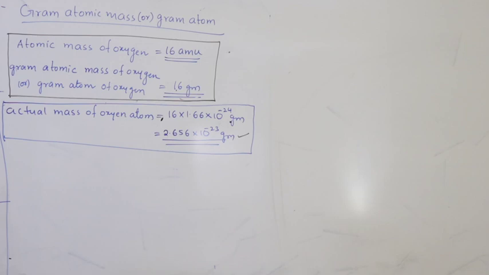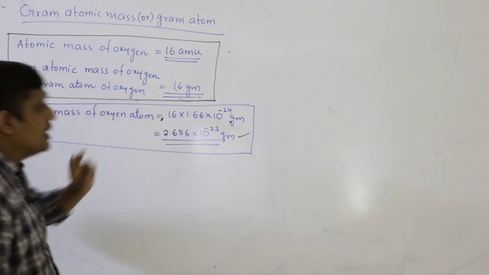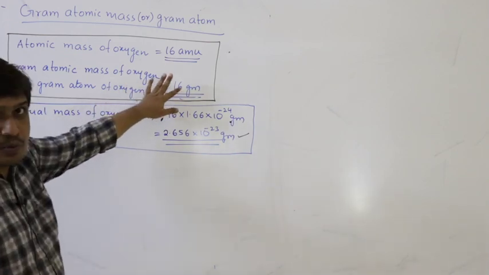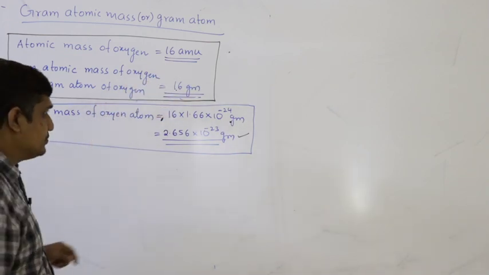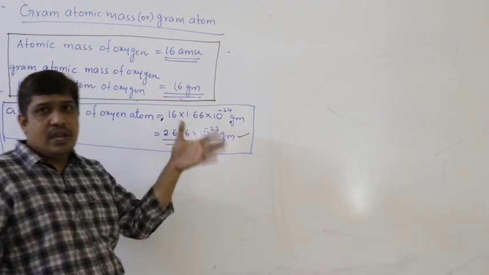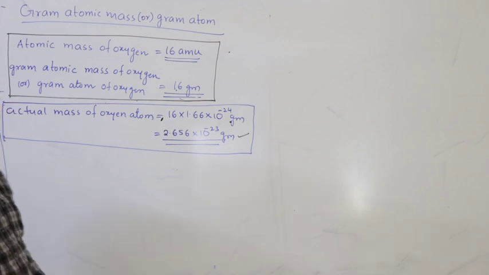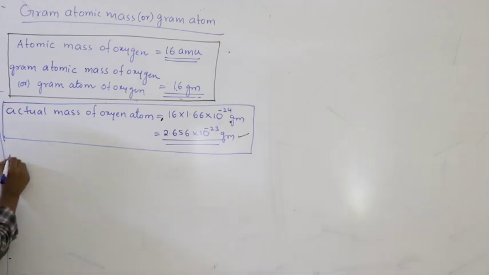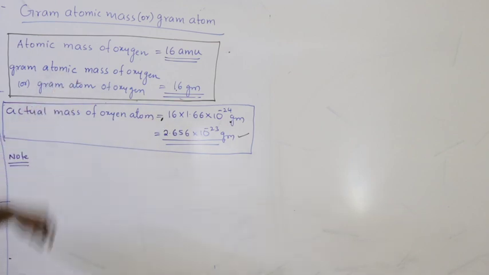Atomic mass of oxygen 16, gram atomic mass of oxygen or 1 gram atom of oxygen is 16 grams. So we are writing grams to balance the mass units in the equation. This is the actual mass, but we do not use it because this number appears to be insignificant while substituting in the equations or simplifying the calculations. So you can write any number of examples, for hydrogen, for chlorine, same thing, same logic.